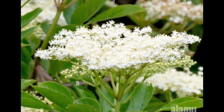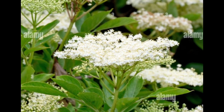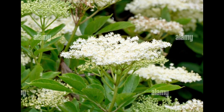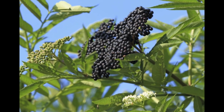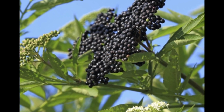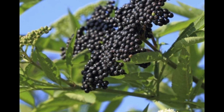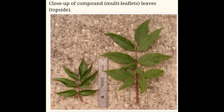The berry clusters, while you're looking to identify them, must be flat like cauliflower, in the same way that the flowers of elderberry appear to have a cauliflower umbrella shape, which is called an umbel, and it cannot be round. Okay, so if you find a plant that you think may be elderberry and it has the rounded flowers or the rounded all around shape of the berries looking like a ball,